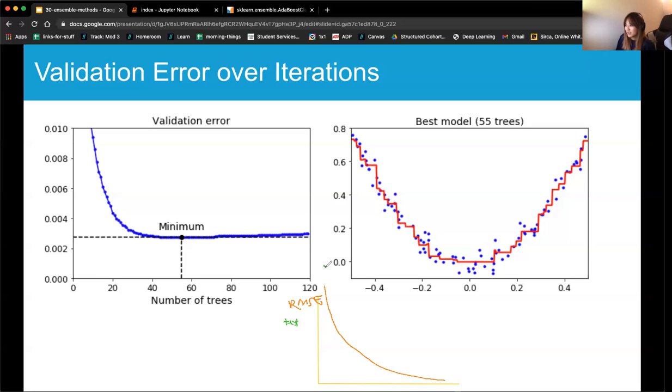Usually test RMSEs are a little more unstable, but your test RMSE is overall going to go down to some point, maybe somewhere here. And then as overfitting starts to happen, and let's just say at this point overfitting starts to happen, your model will be unable to generalize to your test cases,